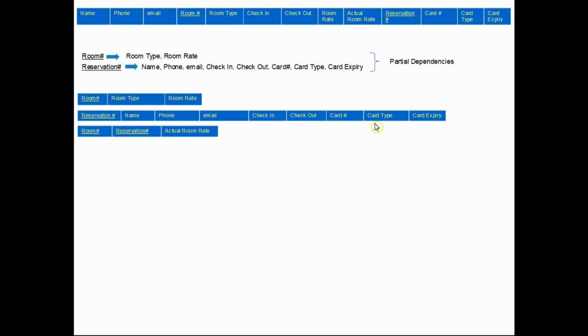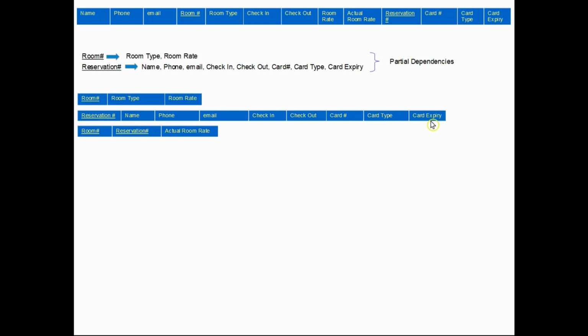Look here at this card number, card type, and card expiry. I'm not showing the data again. You can always reverse it to just look at the data again if you can't visualize it. If you know a card number, you would know the card type. So if you gave a card number, looked up the card number in the data, the card type never changes. Right? If my card number is 1, 2, 3, 4, 5, 6, and it's a MasterCard, it's always a MasterCard. It also